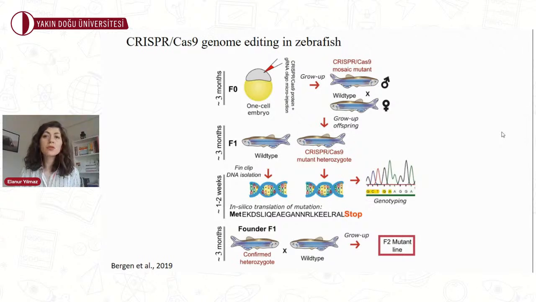And for F2 homozygotes for recessive alleles for functional analysis, it means that if you want to perform functional analysis regarding the phenotype that you desired or inspected, you need homozygous F2 generations. At the end of more or less 9 months, you will have zebrafish with the phenotype that you desired. And what you can do next is to discover a drug candidate to rescue the phenotype, for example.